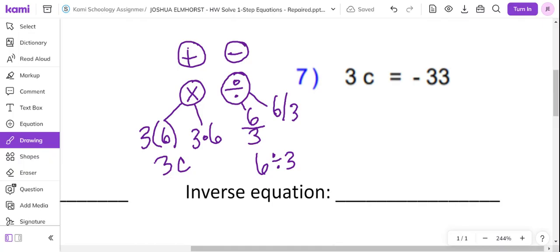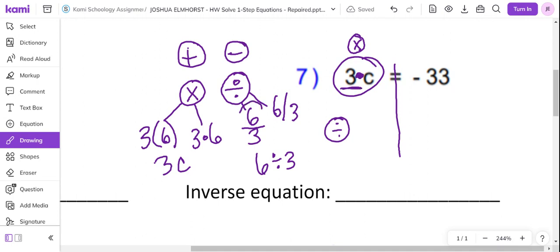So we go over here. If you look at 3, we have 3 of the letter C's. So what is 3 doing to the letter C? What is it doing? Okay, so 3 of the letters, you can put a little dot in there. It also means you're multiplying by 3 of them. So the opposite of multiplying by 3 would be coming down and then dividing by 3. What's one way we could represent dividing? A fraction. So you do divide by 3 on the left side, and then we go to the other side